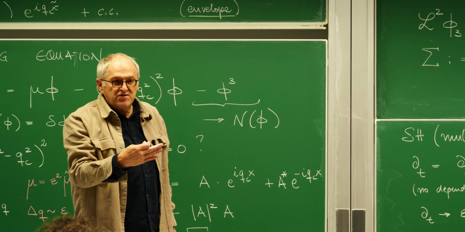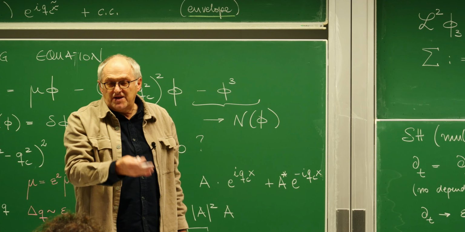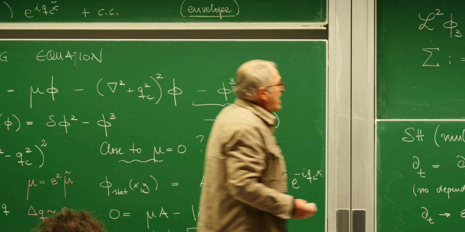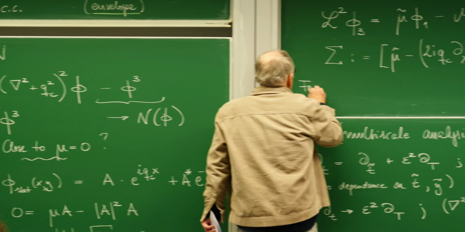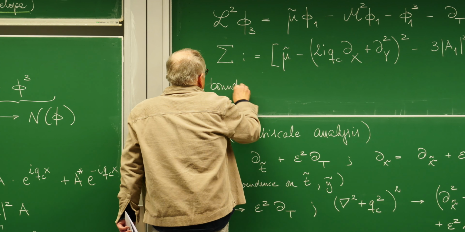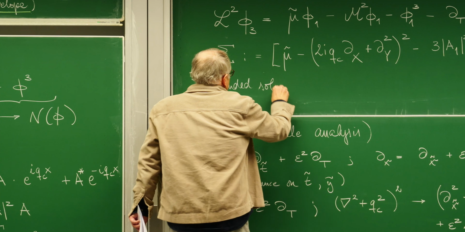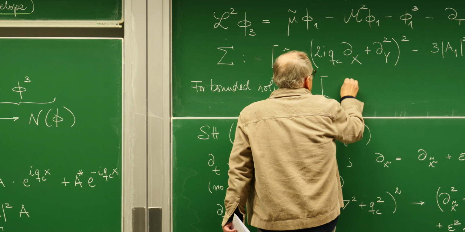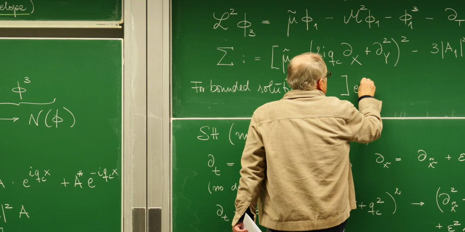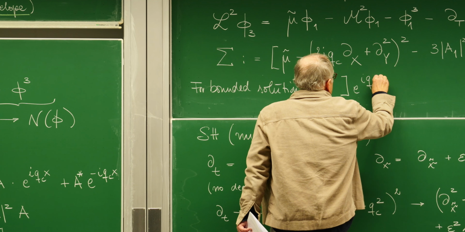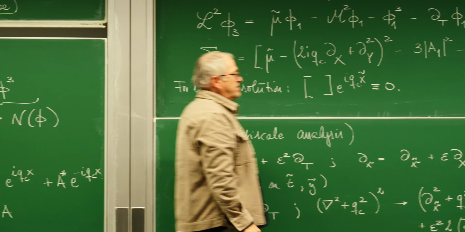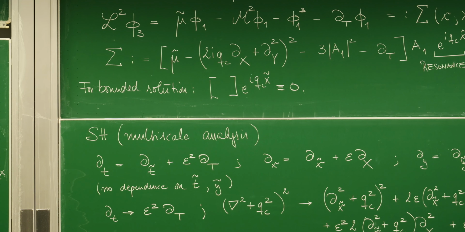And if you want a bounded solution, you cannot take the one that will give you a resonance, because that will give you a divergence. So for a bounded solution, what you must have is that the term e to the i qc x twiddle must be 0,